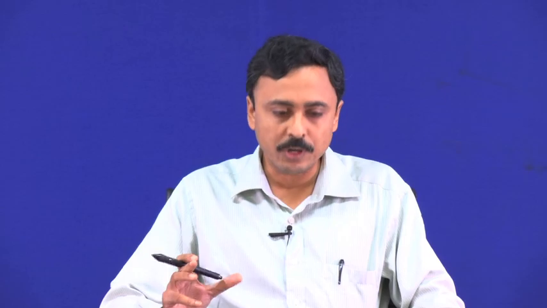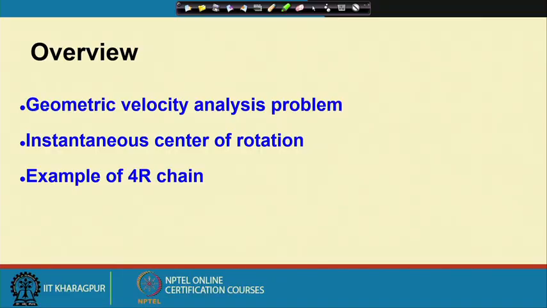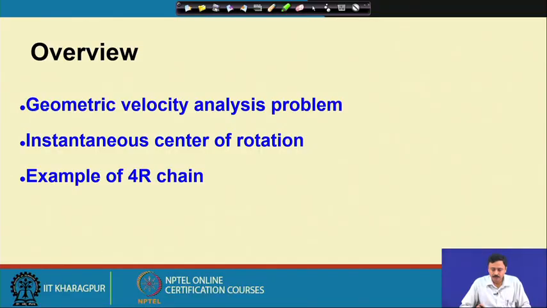So, we will be discussing the velocity analysis problem in this lecture. We started our discussions on velocity analysis with certain geometric concepts, and we are going to look into the application of these geometric concepts in velocity analysis of mechanisms. To give you an overview, we are going to discuss the geometric velocity analysis for mechanisms